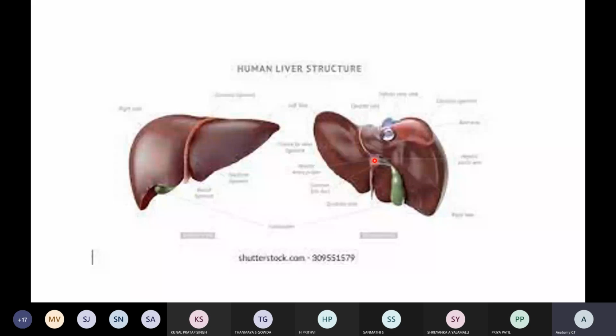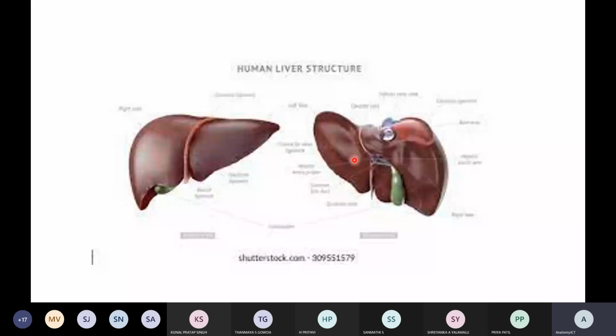The major lobes are the right and the left lobe, and the accessory lobes are what we call the caudate and quadrate lobes. These are the two lobes present on the posterior inferior surface. The demarcation of these two accessory lobes is not perfect, because they are anatomically divided, but physiologically they are completely incorporated within the right lobe.